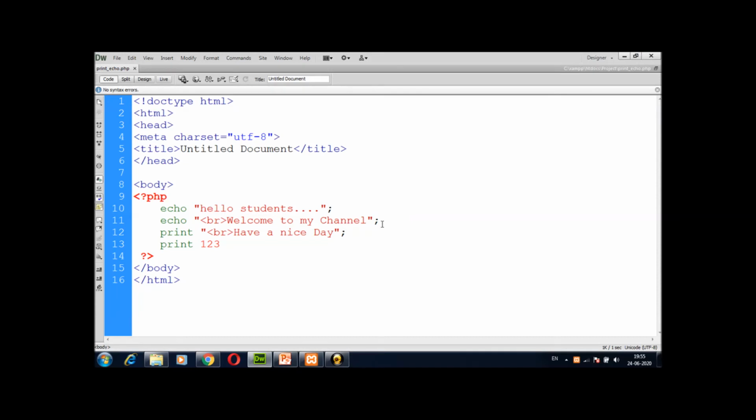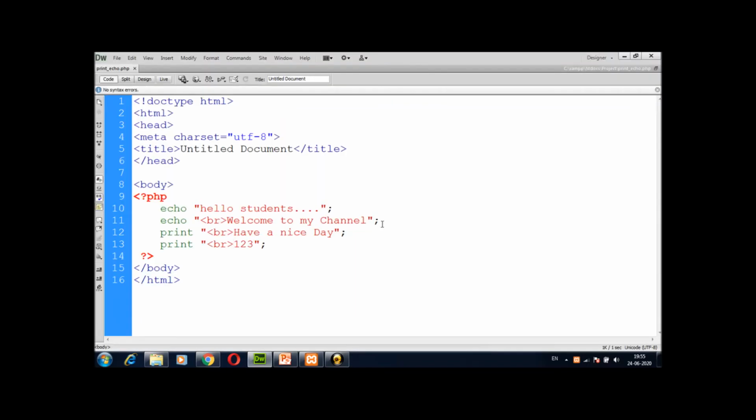For making a 1 2 3 break, I will use double quotes. Now see, this will print 1 2 3 on a new line. Now see, the concept of 1 2 3 is the same as without the double quote sign. So I can write any number with a double quote sign and without a double quote sign.